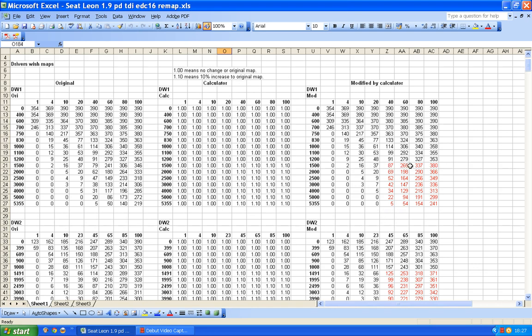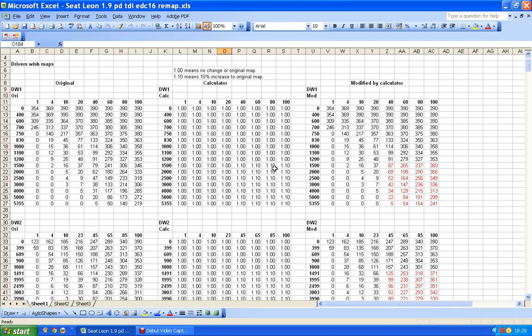Now if I then decide I want to change my mind and I want to make this 15%, life is very, very simple for me, because all I need to do is come back to here, and instead of having 1.10 in there, I just type 1.15 and then I drag it across, and that becomes 1.15 on every row, and then I drag it down, and then that whole block becomes 1.15, and then these all become 15% increase.